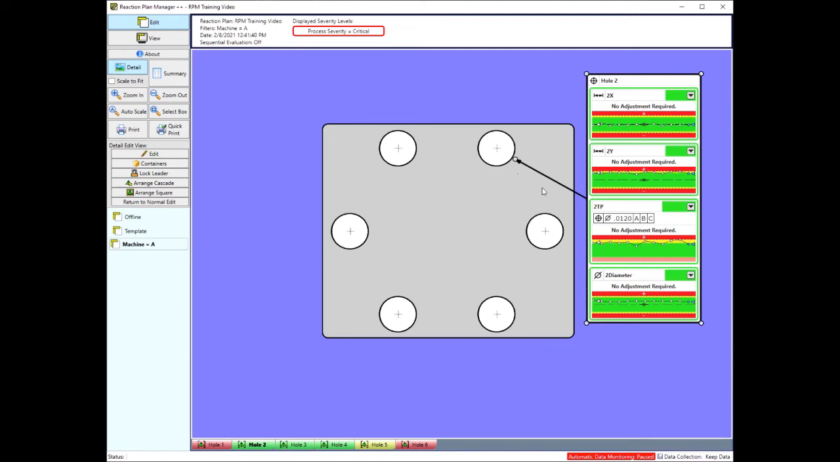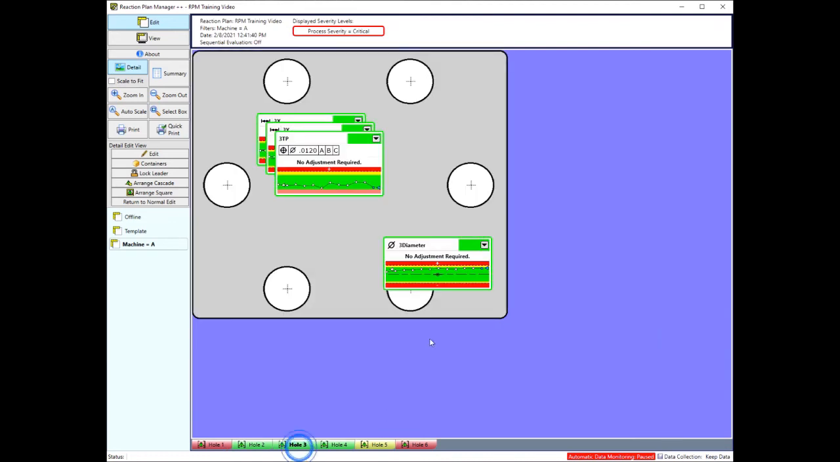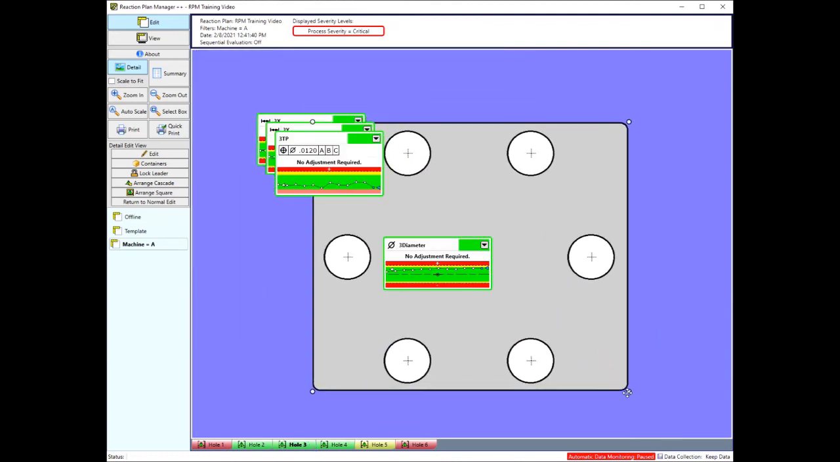Now there are different ways of designing your containers. Let's go to hole 3, and for hole 3 I'm going to set up the container so that it's a horizontal container. This particular feature here is hole 3. So I'll click on the Containers button for hole 3,